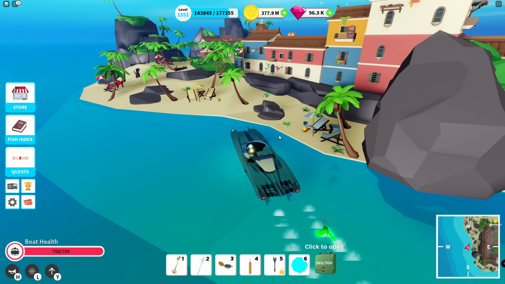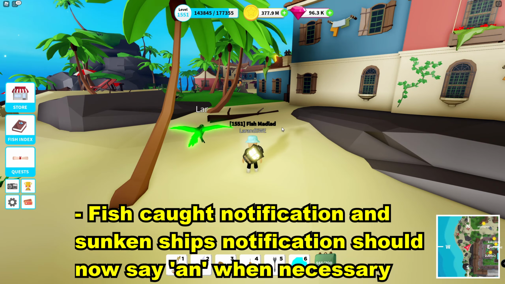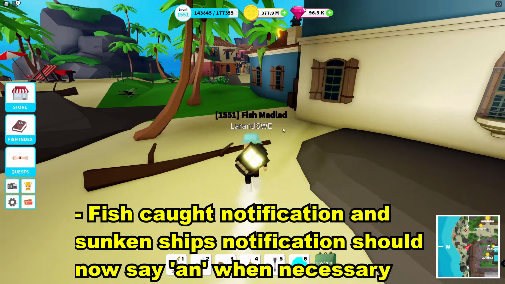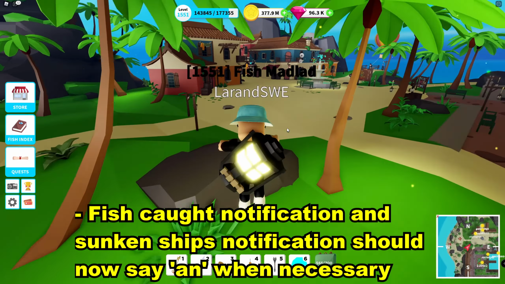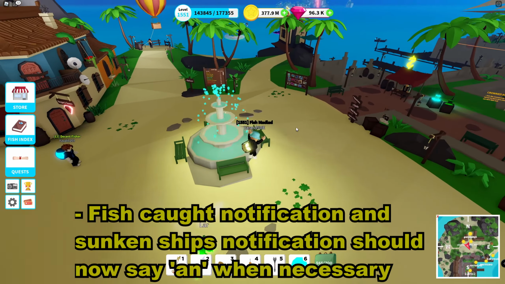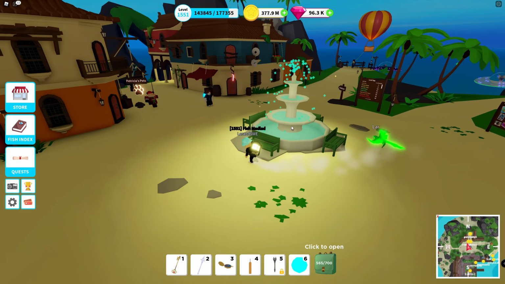Because it shouldn't be like that, obviously. And then we had some grammar correction. Fish caught notification and sunken ship notification should now say "an" when necessary. So just a minor thing. Still important though that the grammar is correct. But it's been fixed. Awesome. And then we have